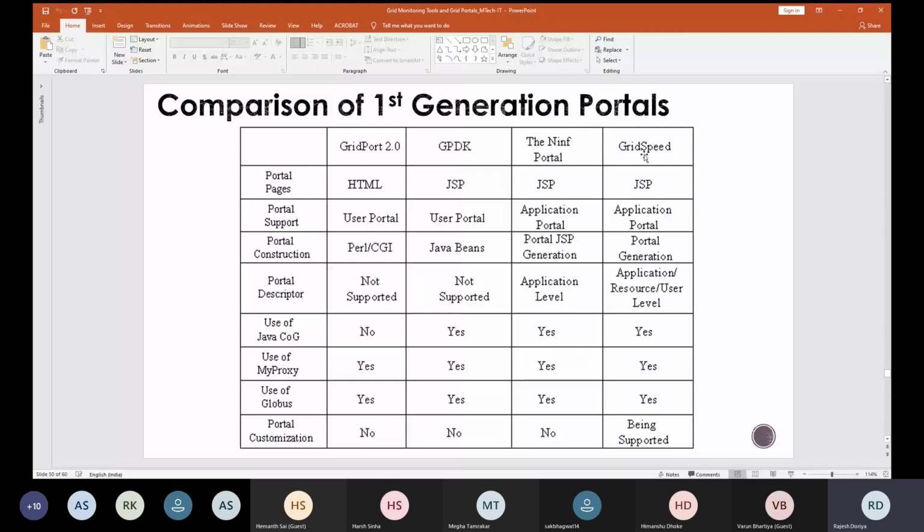Okay, each one of them has its own variety. For example, if you talk about GridPort 2.0, then the portal pages are generally made with HTML, and in case of GPDK, they are generally made with JSP. Okay, so similarly, all the comparative data have been provided in this particular table. Fine.